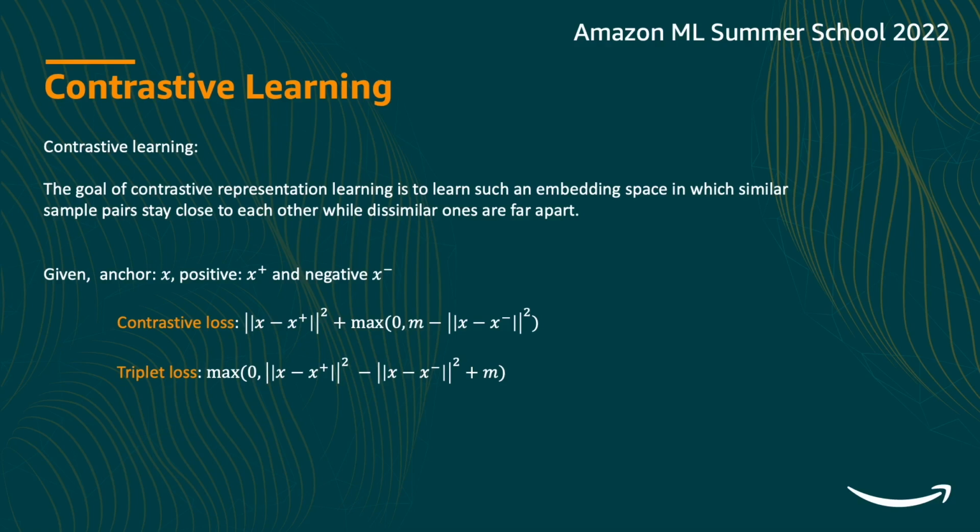To understand how it works, let us look at two basic and frequently used loss functions for contrastive learning. The loss function takes three inputs: anchor, positive, and negative. Anchor and positive are samples of the same kind. For supervised learning, they can be from the same class, and for unsupervised learning, we sample them in some other creative fashion. The negative sample is different from the anchor and positive. So in the case of supervised learning, the negative comes from a different class.